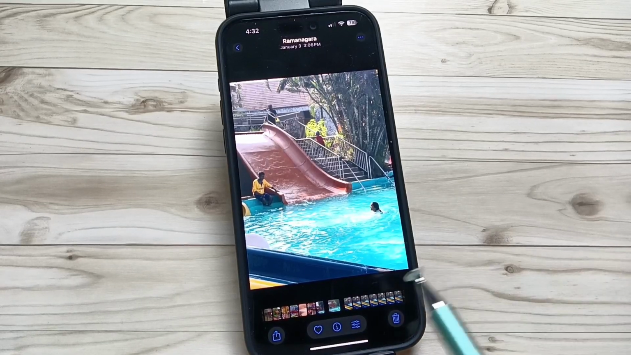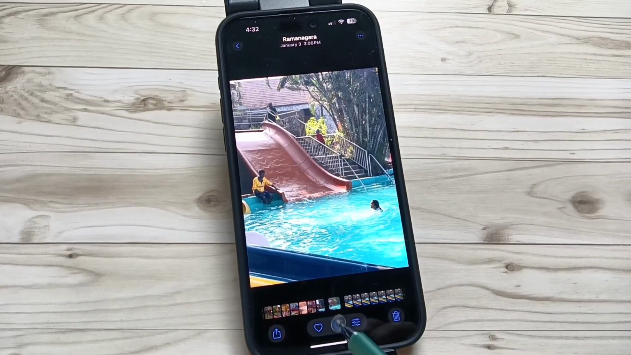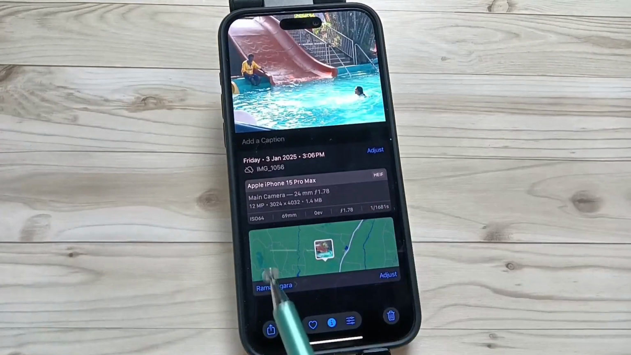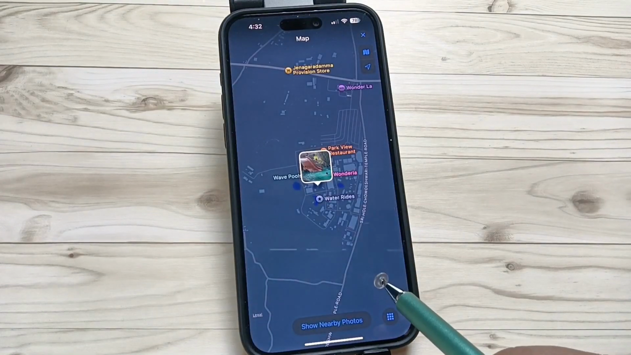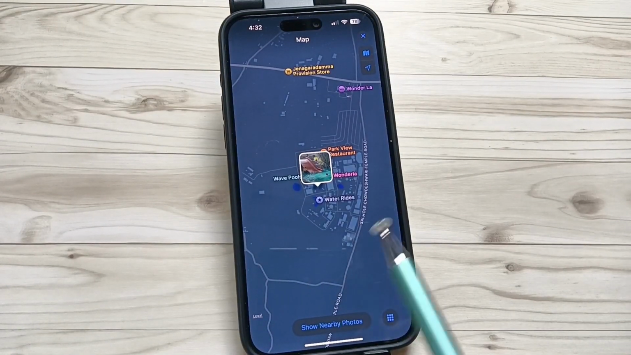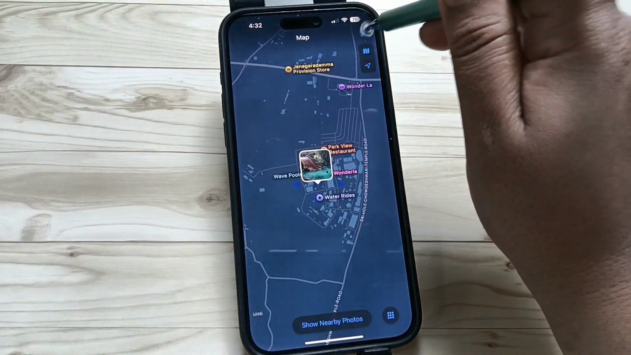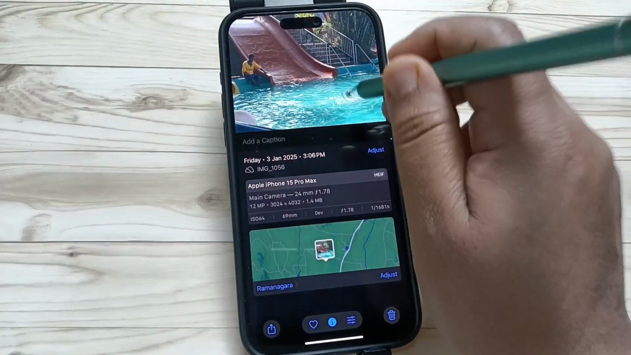After this, here you can see an I button on the bottom tab. If you tap on this one, here you can see the location. You can see this photo was taken in Mandala. If you tap on this one, you can see the detail view. You can see here, right? Now let me show you how to remove the location from this photo. Okay,